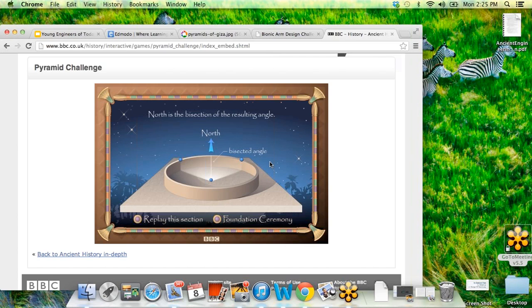And that is a very basic idea in some ways today, but an advanced idea then, of geometry and bisecting angles. And they used kind of just that star in the sky. They had that concept of east and west. Very interesting use of geometry without maybe knowing those formulas.